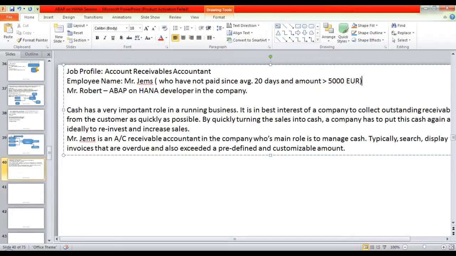This is the requirement now to Mr. Robert. You are an ABAP developer. You give me a report. You know what you need to do. I don't care. I just want a simple report where I want to see finally the customer name, the average days since invoice was unpaid, the total gross amount